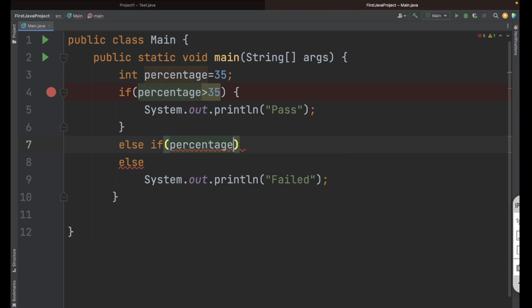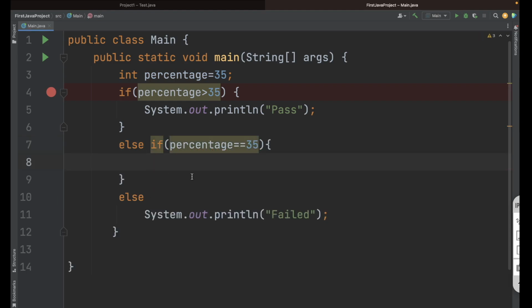So we will check if percentage is equal to 35. Okay, if the percentage is equal to 35, then print student pass, or here let's write student pass just to differentiate.